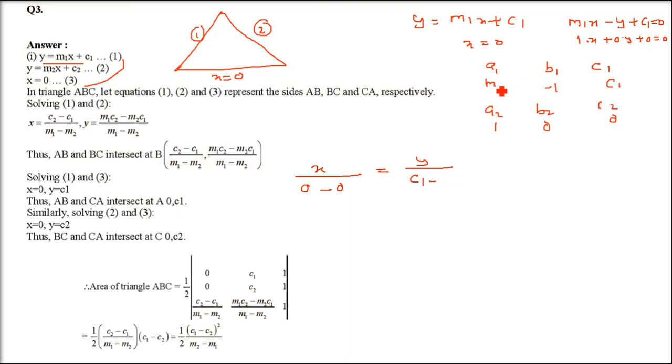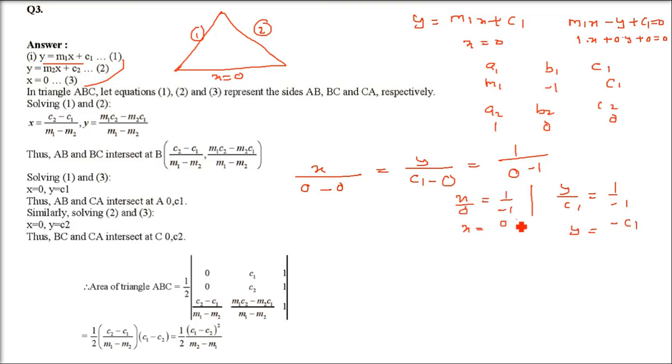And then we have c2 a1, that is m1 into 0. Equals 1 by a1 b2, which is 0, and a2 b1, that is minus 1. No, it will be minus or minus 1 plus 1. I'm going to change it. It will be plus 1 in the denominator. So x by 0 equals 1 by 1. y by c1 equals 1 by 1. So y you get plus c1.